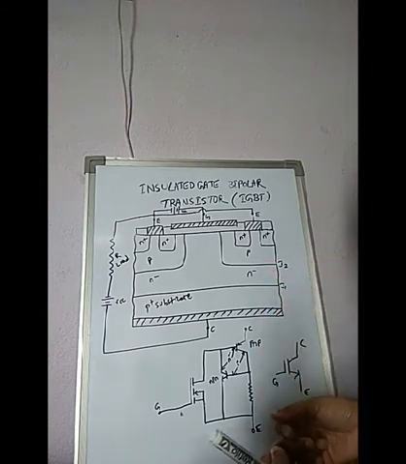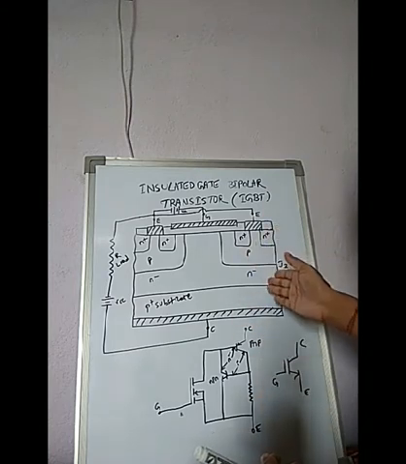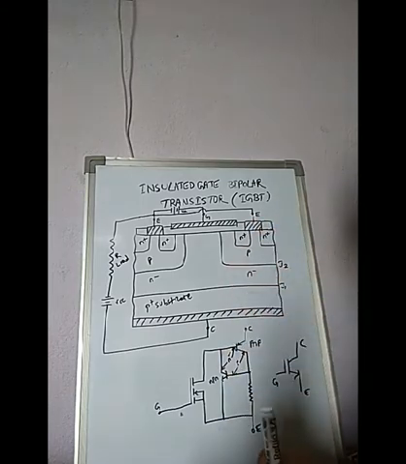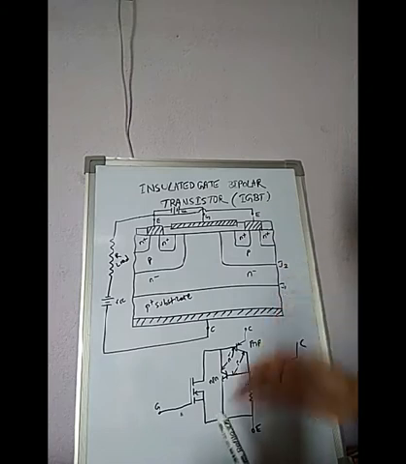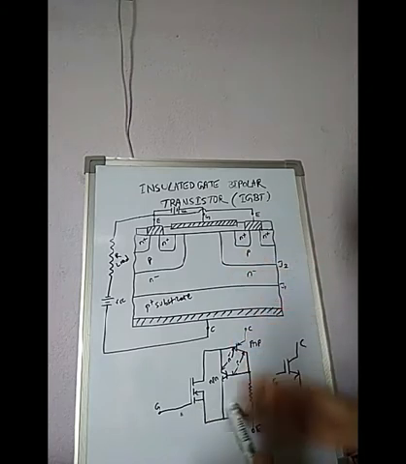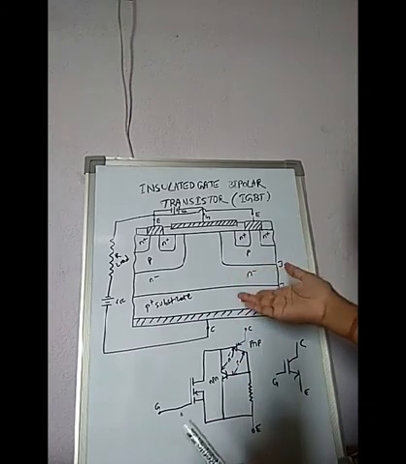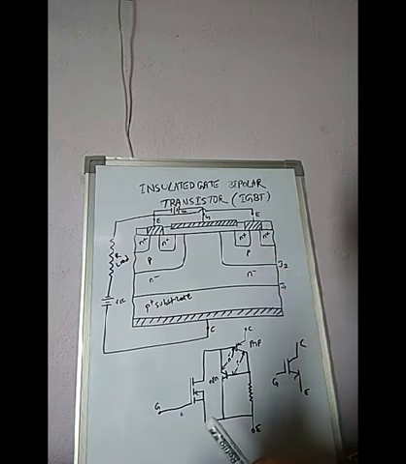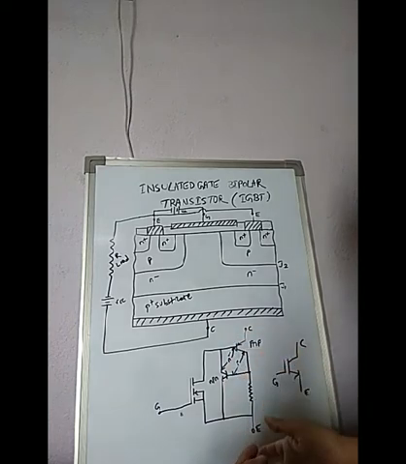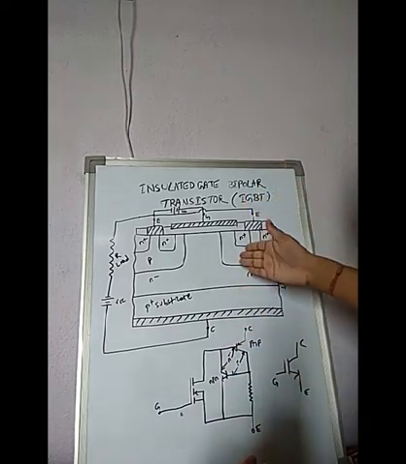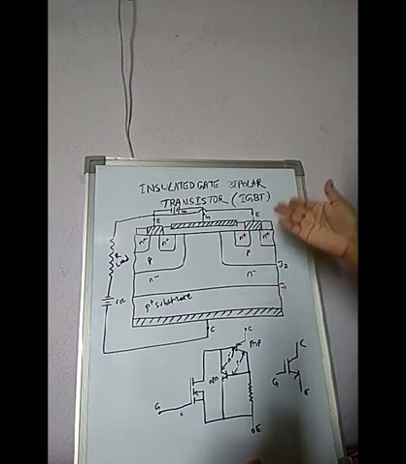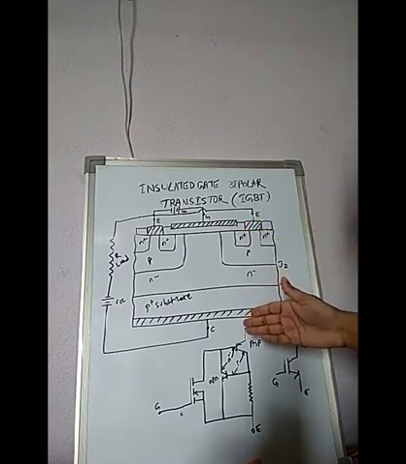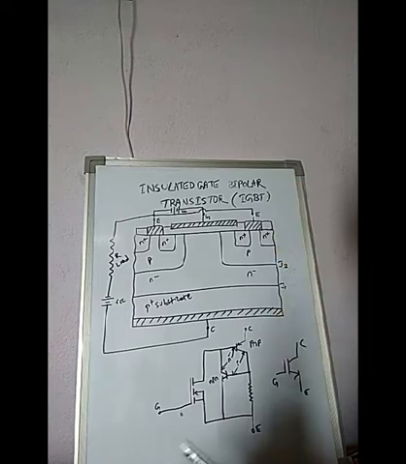See, IGBT has high input impedance, which is the same as the power MOSFET. IGBT has low on-state power loss, which is the same as in BJT. In BJT there are low conduction losses, but in MOSFET there are higher conduction losses. So IGBT has high input impedance, same as MOSFET. IGBT has low on-state power loss, same as BJT.